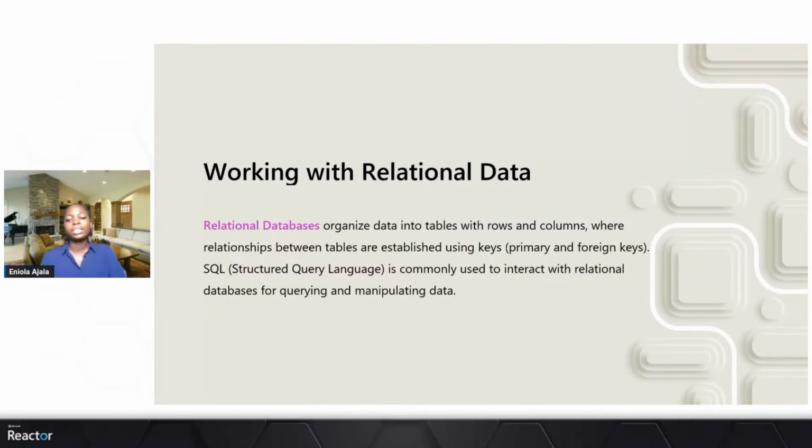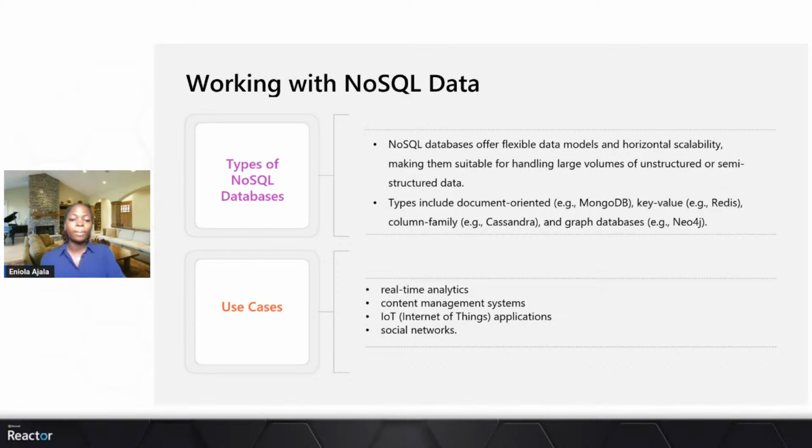for the beginners here. So when we work with non-SQL data, non-SQL data offers flexible data models and horizontal scalability, making them suitable for handling large volumes of unstructured or semi-structured data. And this includes document-oriented ones like MongoDB, key value like Redis, like that. And also this kind of data is really seen in real-time analytics, content management systems, Internet of Things applications, and social networks. So these data are very unstructured, and you can work with them